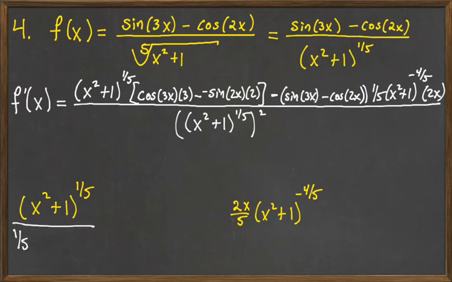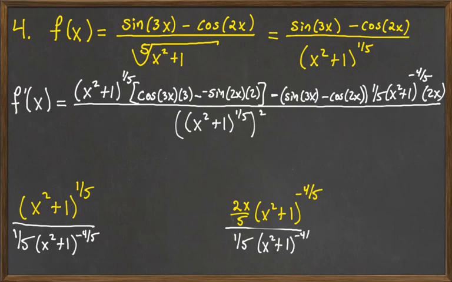I don't like the fraction, so I'm going to factor out a 1/5. And then I have x squared plus 1, and the lower exponent is negative 4/5. So that's what we're going to factor out. All right, so when I divide by 1/5, you're dividing by a fraction, so you flip it over and change it to multiplication, so that becomes a 5. And then on the other side, the 2x over 5